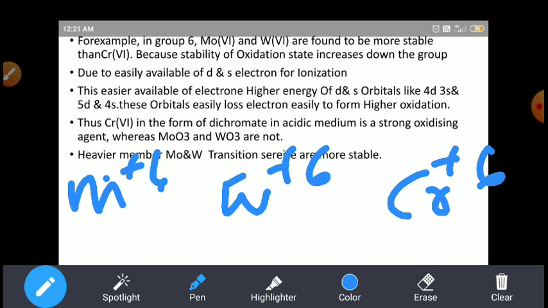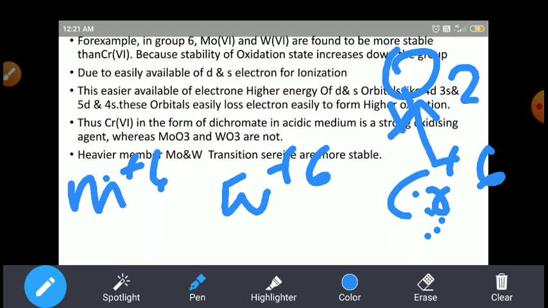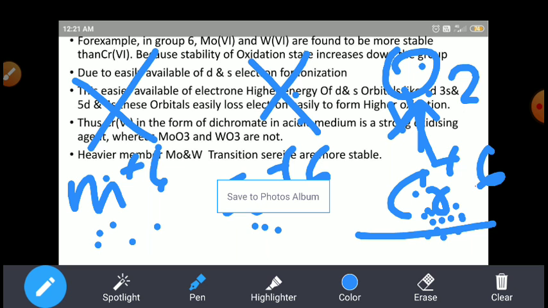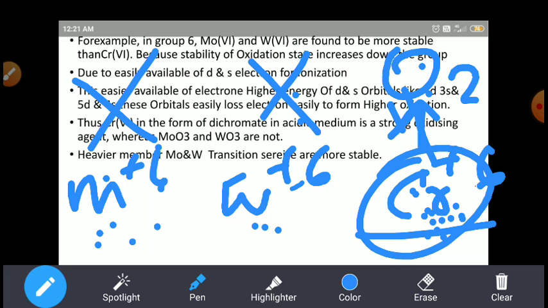when you keep them in the open atmosphere in this form, chromium attracts the oxygens to form chromate, Cr2O3, Cr2O4, Cr2O7, like this it forms chromate, but the others do not form the chromate. So these elements will not react with the oxygens, because the molecules are stable.